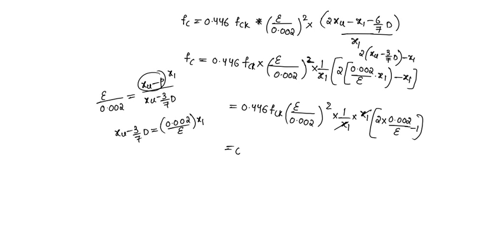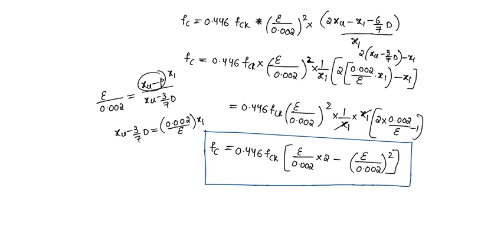On multiplying 0.446 fck, this will become epsilon by 0.002 into 2 minus epsilon by 0.002 whole square. So this is the expression for Fc in terms of the strain at that level, that is epsilon,